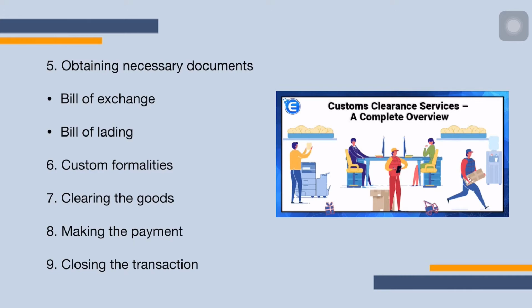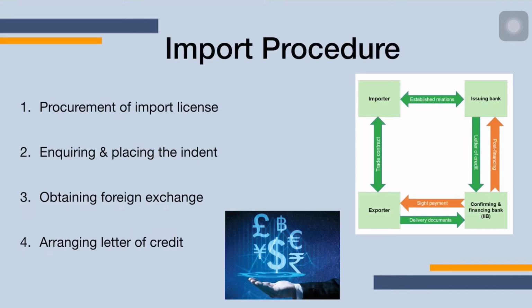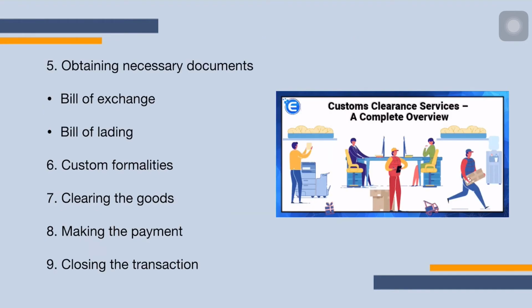After receiving the necessary documents, the importer has to receive the goods. The customs, that is the port authority, will again do a thorough check once it reaches the importer's country and then hand over the goods to the importer. What's the next step? The importer has to make the payment on the terms mutually agreed upon. And then the final one is that the transaction becomes completed or closed. So these are the 9 different steps or procedure for an import trade.